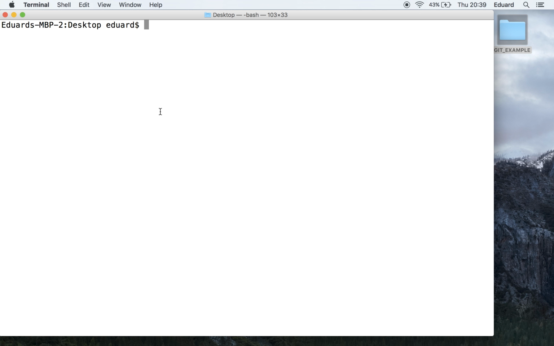The first command that I'd like to show you is pwd, or print working directory. This command allows you to see where exactly in the file system you are located. So let's try it. And it prints